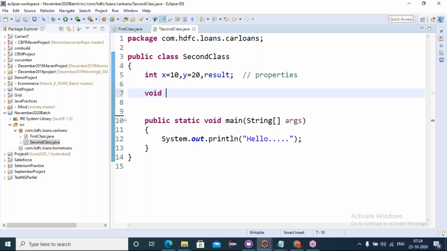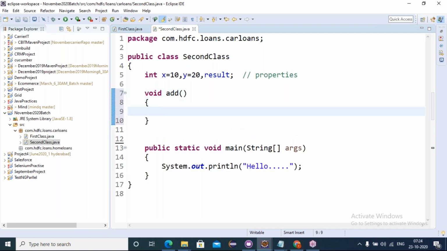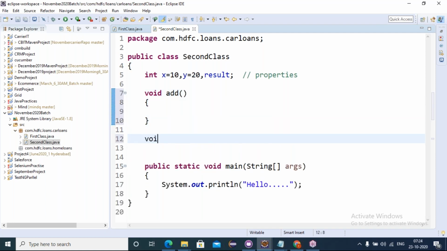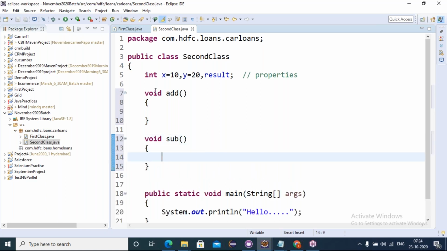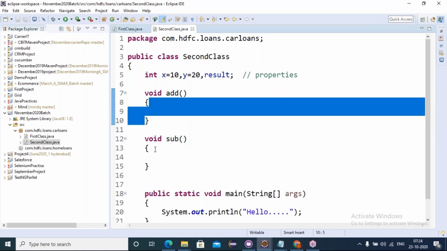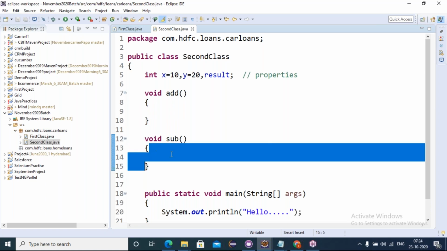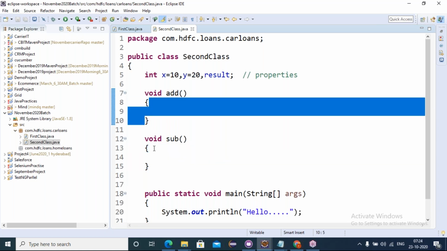We give return type void and method name add. This is the structure for the method. Then void sub, I am giving as one method. Here I am doing the addition operation, and here the subtraction operation. These are the behaviors, methods or behaviors we can call them.